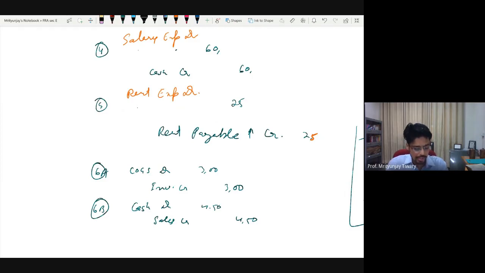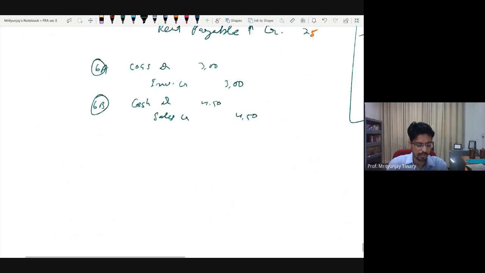Let us take a few more transactions and then I will record the rest of the stages. Let's say number 7, that this business purchases a machine which has a life of 5 years. Let's say you have purchased it in the beginning of the year for a total of 1 crore rupees, of which you have paid 20 lakhs and you have not paid the remaining 80 lakhs. Let me repeat the information. You purchase a machine with a life of 5 years for rupees 1 crore. Of that, 20 lakh rupees you have paid upfront and 80 you'll be paying later on.